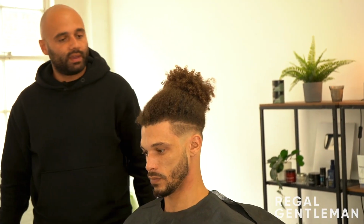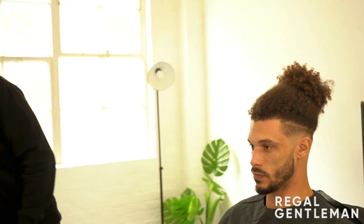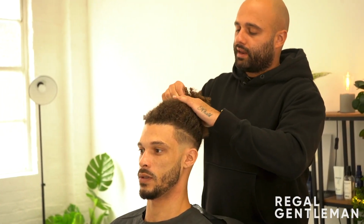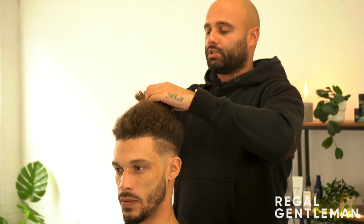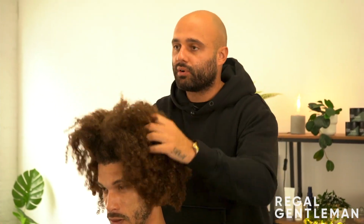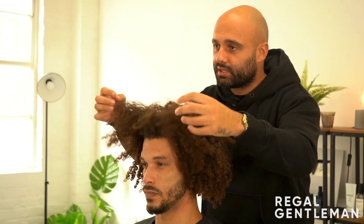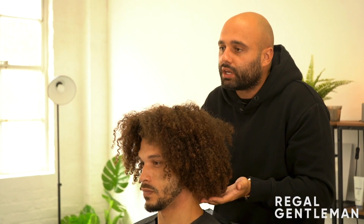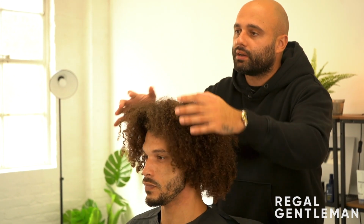So now we've finished off the fade and the beard. We're just going to go on to tidying up the top. Like Aaron said, he didn't want anything drastic done to the top, so we're going to keep the shape. We're going to refrain from combing it out into an afro because he quite likes the twisted, textured look. I'm just literally going to go around freehand, cutting some shape around the back and sides and some of the